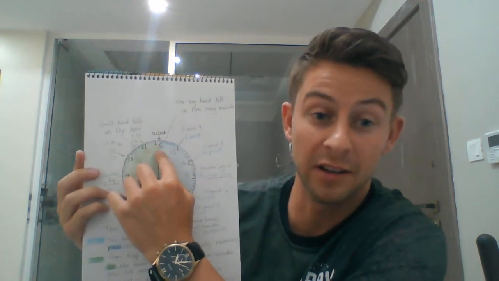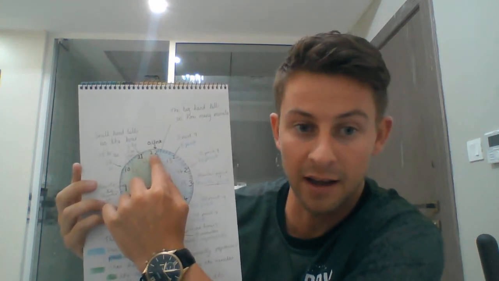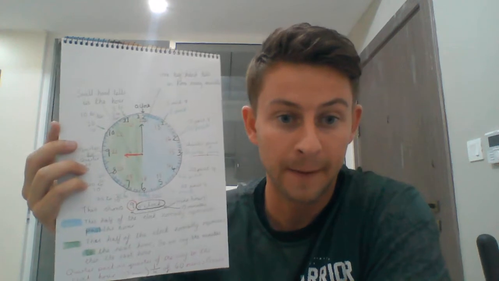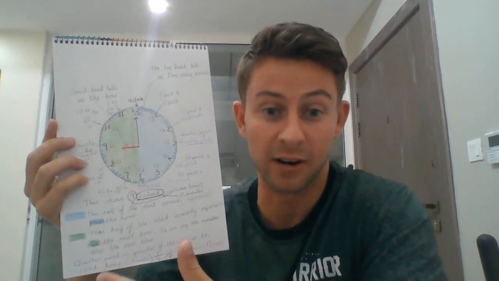But with a 24-hour clock, we go through 1 a.m. using all the numbers to 12. And then we say pretty much 1 hour after 12, which is 13. 2 hours after 12, which is 14. You're just adding the hours on. Try it in your head. 12 add 1 equals 1 o'clock. 1 o'clock in the afternoon on the 24-hour clock. So 12 add 1 is 13.